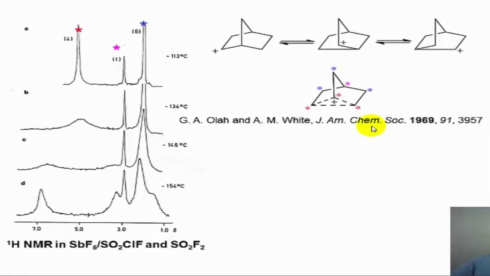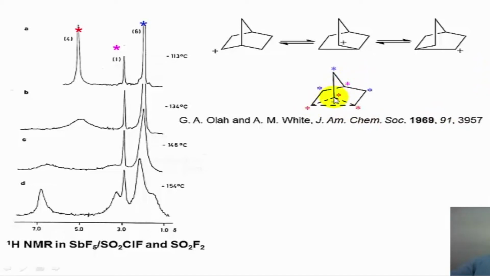Here is an example of a study of carbonium ion rearrangement in a norbornyl system by means of variable temperature NMR spectra. Now when the molecule is undergoing a 1-2 shift, these are the structures that one can generate, and an average of all these three structures can be written in this particular fashion. And this particular structure has a threefold axis of symmetry passing through the center of this plus here, through this particular carbon which is at the back.